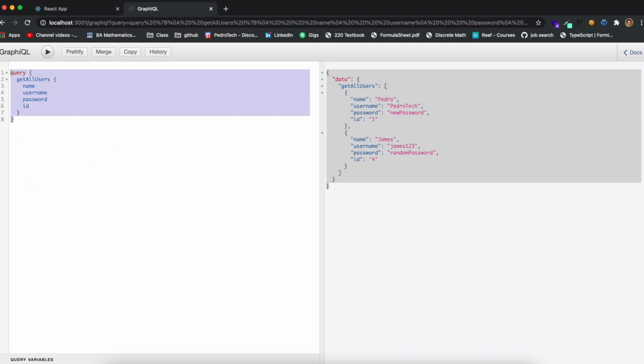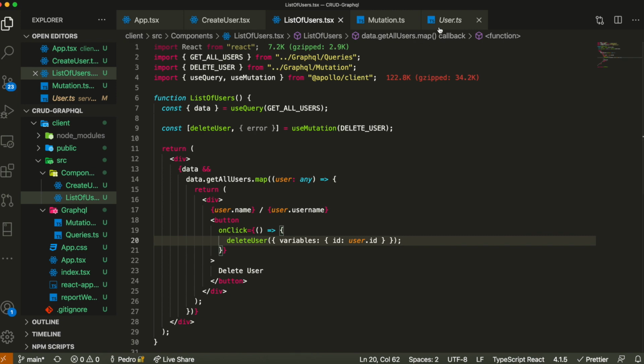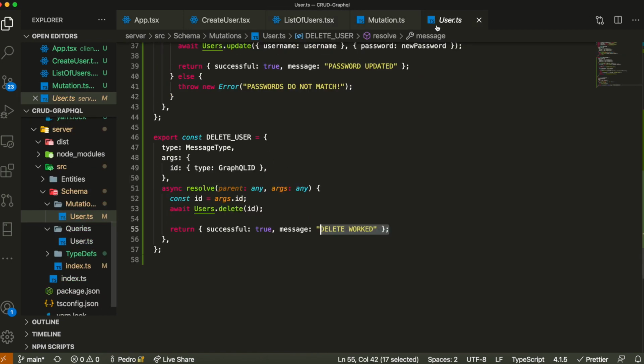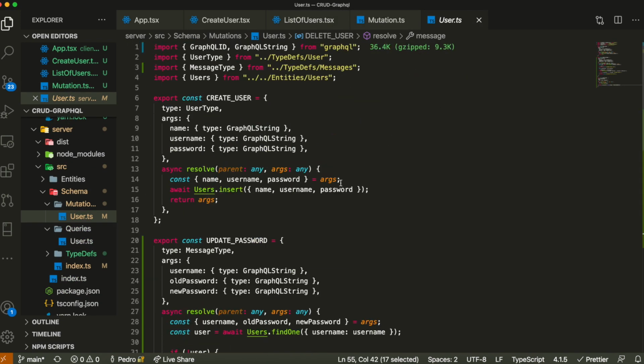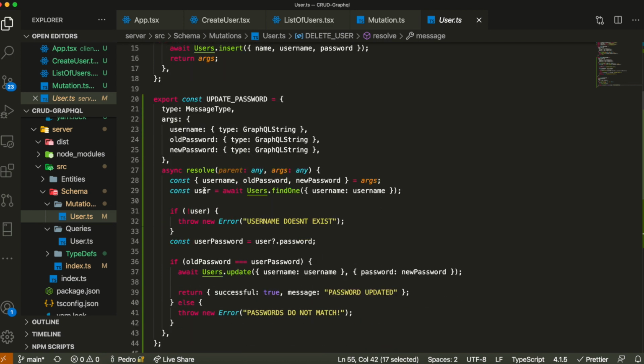So now let's actually move into the part where we're going to be able to update the password, because that's actually interesting. If we take a look at the mutation, you can see that it's actually over here. Yeah, it's over here. So update password, as you can see, it takes 3 arguments. The username that you want to update, then the old password, then the new password that you want to have, and then inside of here it basically checks to see if